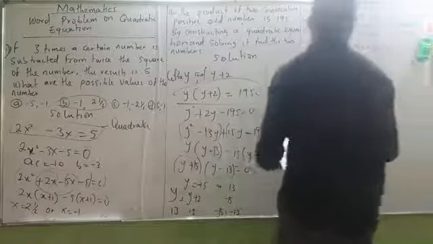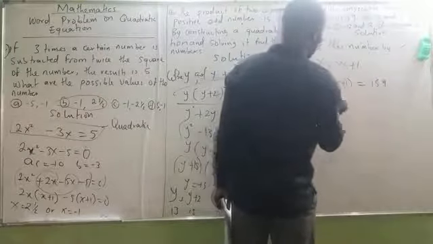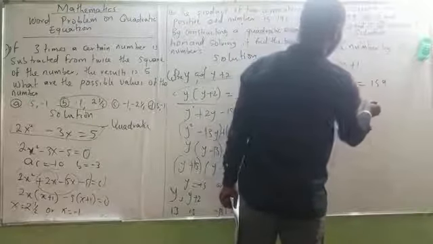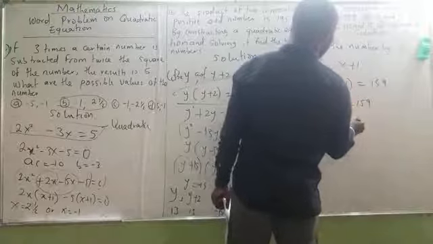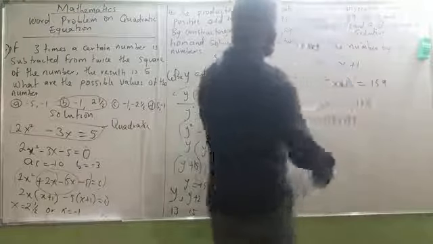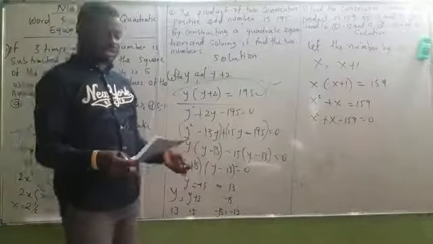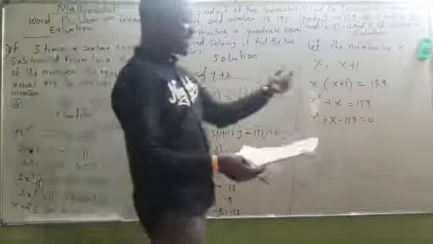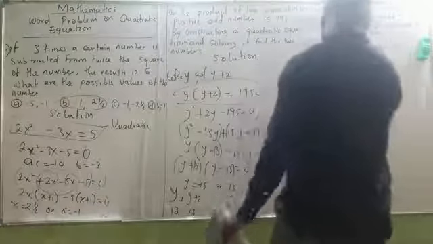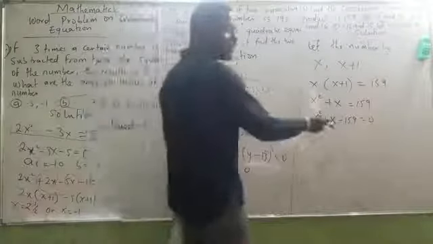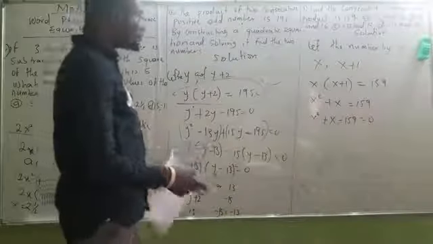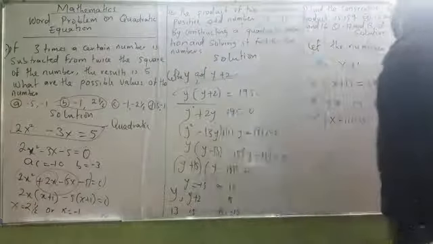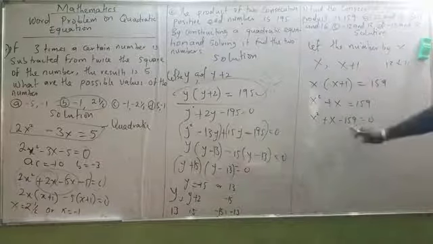159. Now, it means I'll be having x squared plus x equals 159. It means x squared plus x minus 159 equals 0. Can you see? That is how it's being solved. I think by now you should know how to solve this. Okay, for those that are still struggling with the factorization method, a number that you will multiply that will give you that. I think I'll be talking about 13 and 12. Yes, 13 and 12 will give me this.